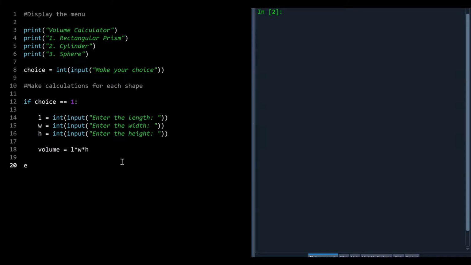Okay. So if the choice wasn't 1, then let's check if the choice was 2. And that's going to be the cylinder. To get the volume of a cylinder, it's the area of the base times the height. And the base of a cylinder is a circle, so I would need the radius to calculate that. So let's say r. I'm just using integers because it's easier. Enter the radius of the base,